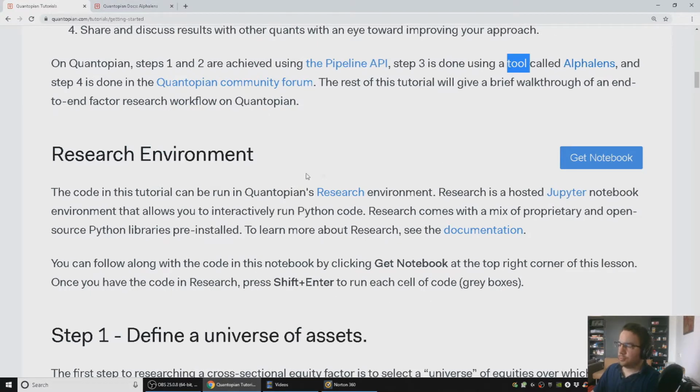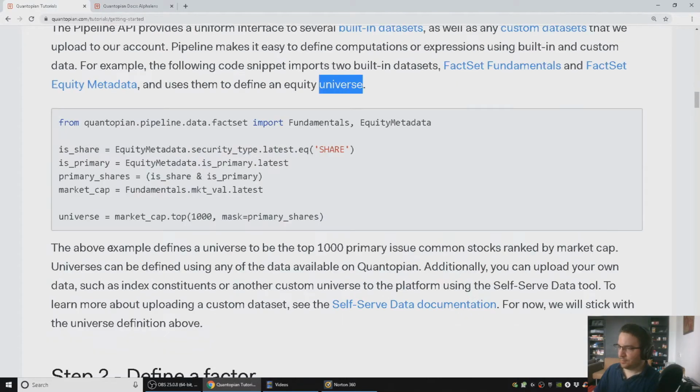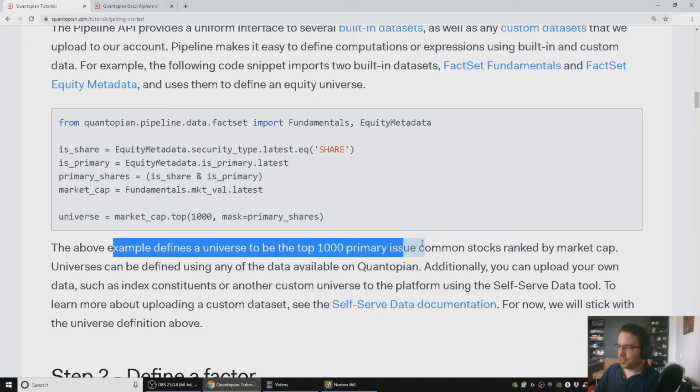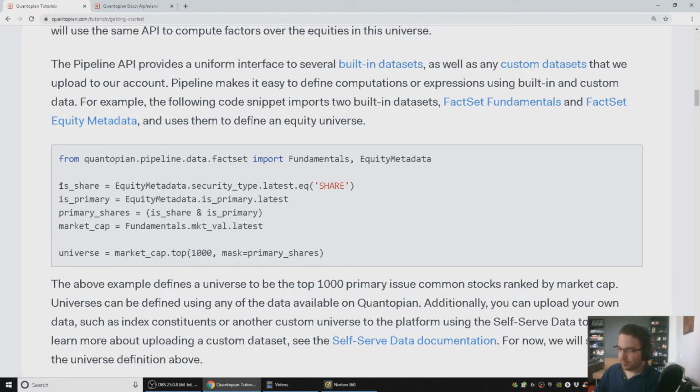So we can use a Jupyter notebook like we did last time. Define a universe. In this universe, they're saying it's the top 1,000 primary issue common stocks. Is that in the whole world or just in the US? So the first thing we do in this example is, this is going to be a Boolean array, I suppose. And it'll be true if the equity is a share, and false if it isn't a share. And we get that by using this